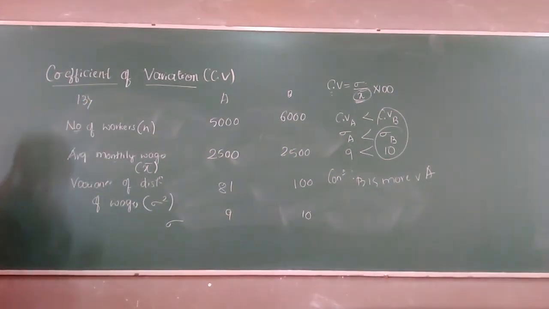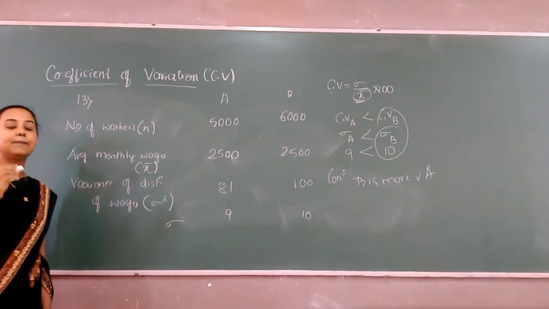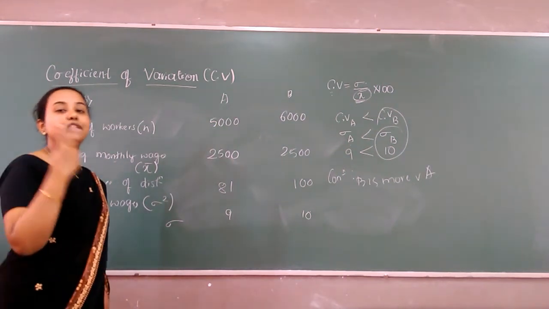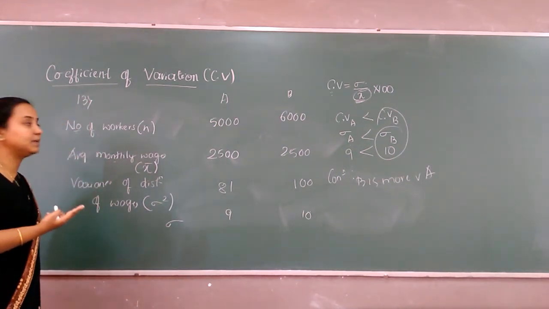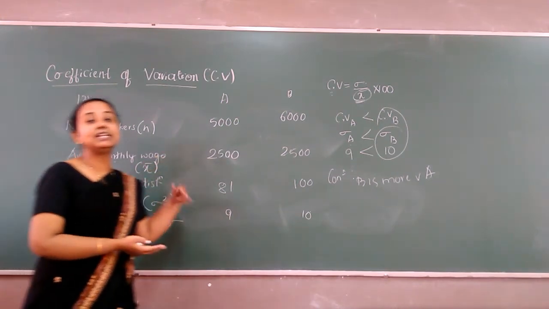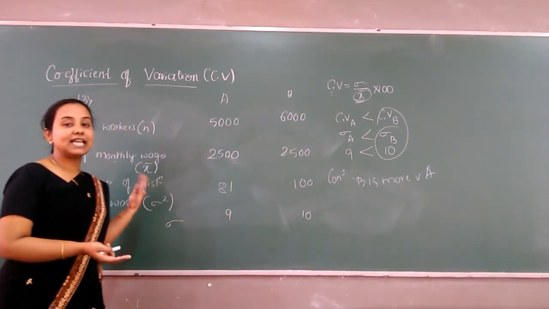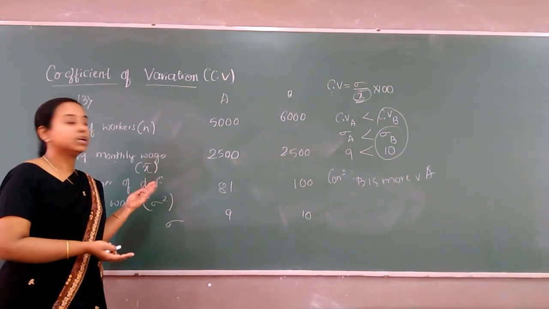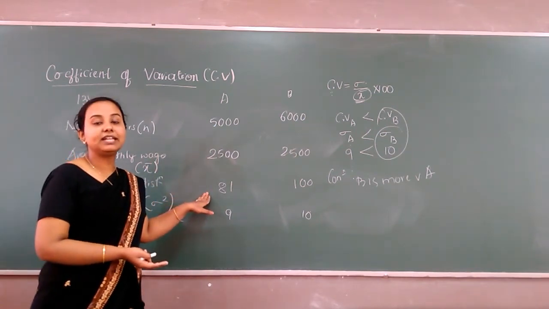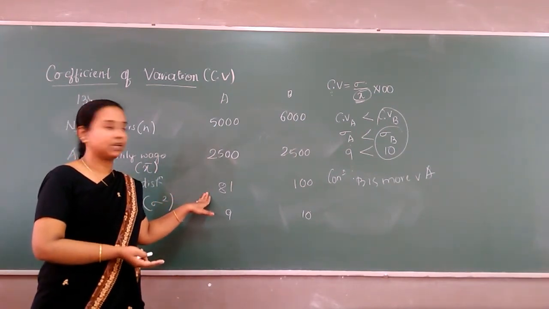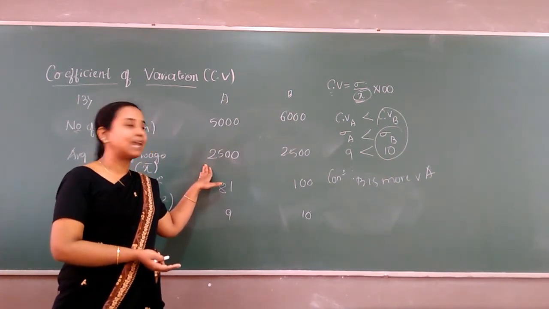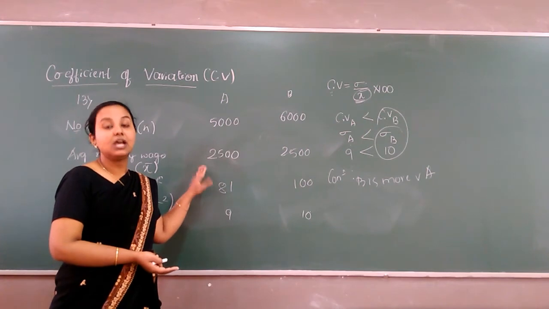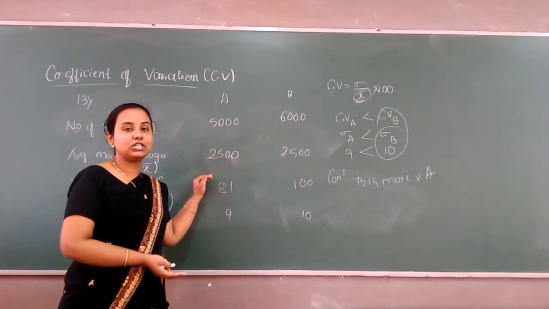In the same way, further we will go on comparing two given frequency distributions. There might be different kinds of problems. Here the data is already given directly. There might even be cases where the variance or standard deviation might not be given, and the mean might not be given. In such cases we know how to calculate the variance as well as the mean. We have to calculate using that procedure.